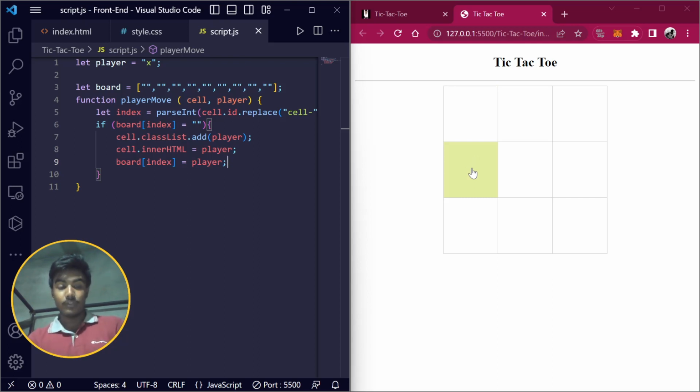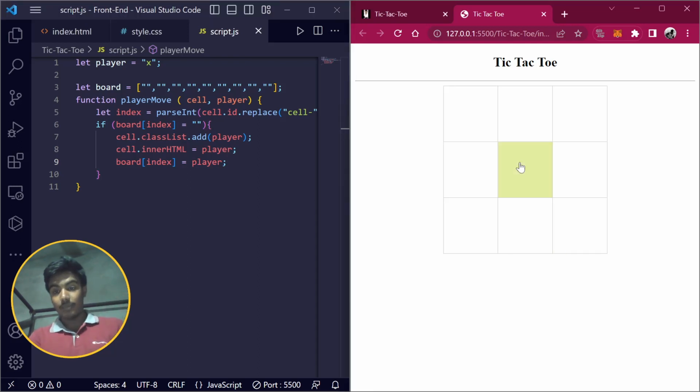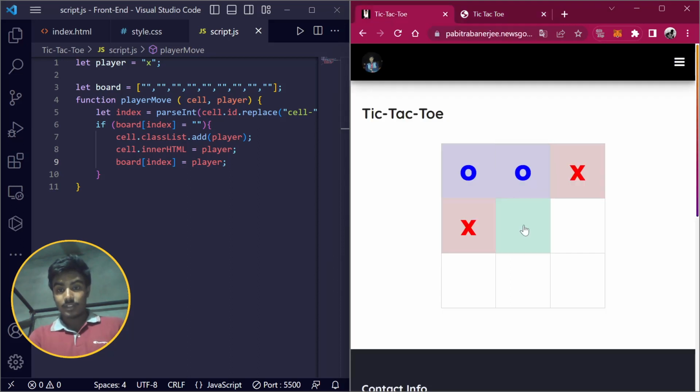When anyone wins the game, we want an alert message that this player has won, and then I want a tie alert message, and I want a function which will reset the game. Okay, as you have seen here, I want a function like this, that when anyone wins the game,